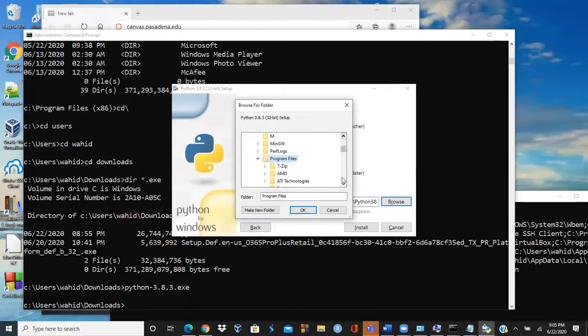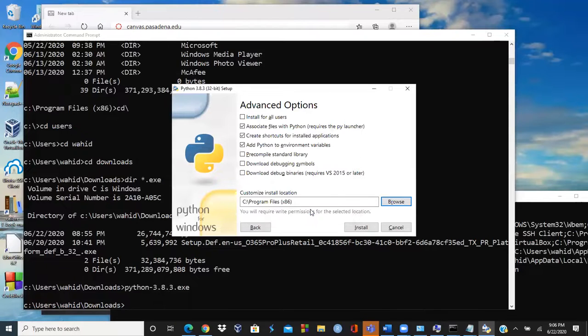32-bit. Let me just go and say program files 32-bit, see if the system does it for me, or I have to. Sometimes Windows judges it for you. Even though you specify here, it will not work in here, but sometimes it does because it knows exactly that's where it's supposed to be. So I'm going to do that and then do a slash Python, and then the name would be,